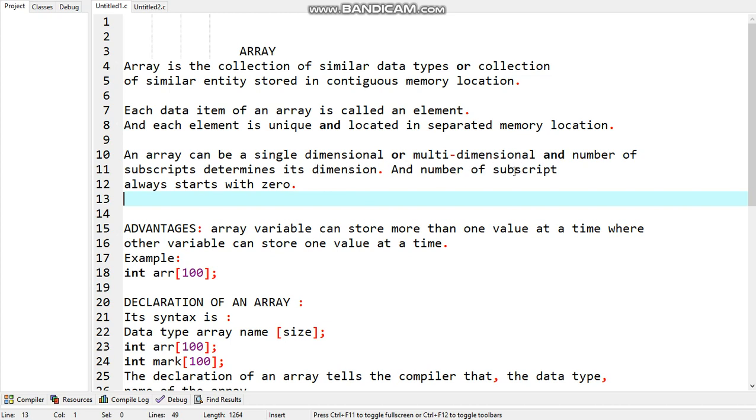The number of subscripts always starts with 0. So an array can be single dimensional. For example, if you want to take the marks of a student,